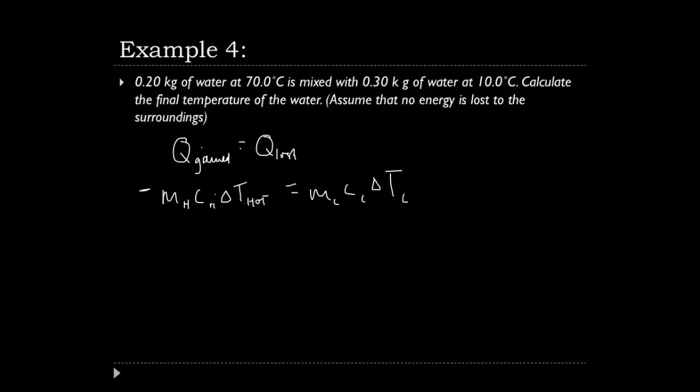And so they're both water, so they both have the same specific heat capacity. So we can cancel that with that. Okay, and then the next step will be to write in what we know. We know that the mass of hot water was 0.20 kilograms. So we have negative 0.20 times the final temperature, which is what we're trying to find out, minus the initial temperature, which is 70,